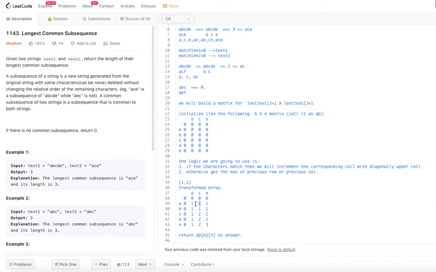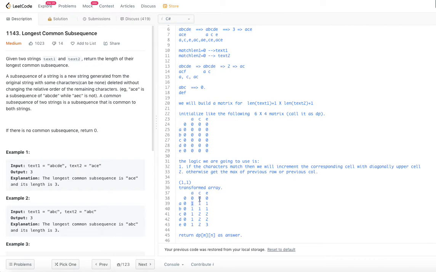But this is A and C, they did not match. So what we are going to do is, as we know, the diagonally upper element is used when there is a match. But if there is no match, we take the previous row and same column, and previous column and same row.